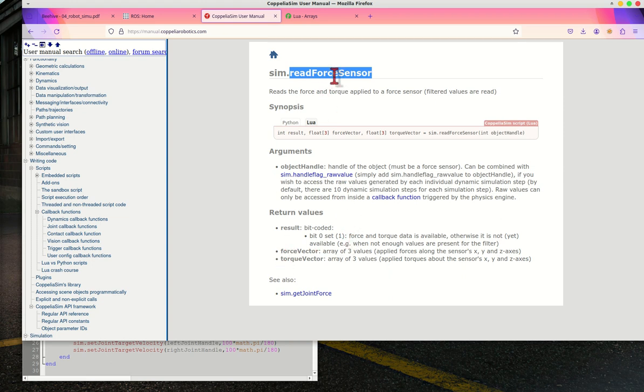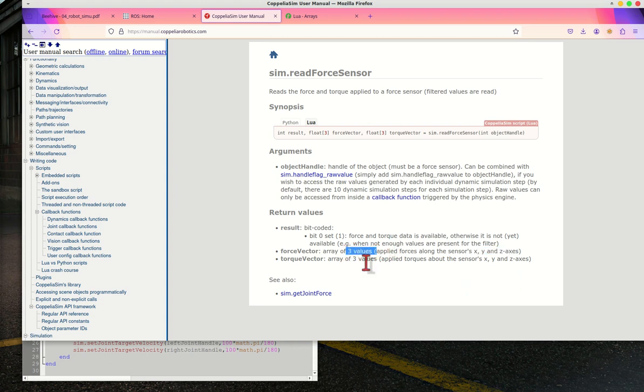This callback function will return the reading from the sensor, X, Y, and Z axis. So you have three values over here.